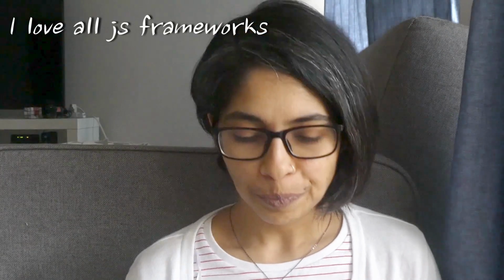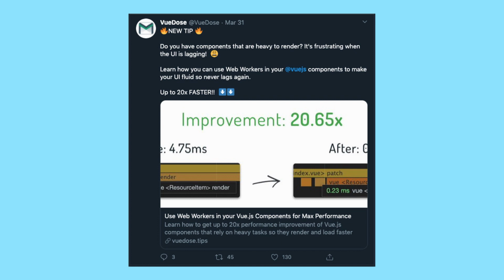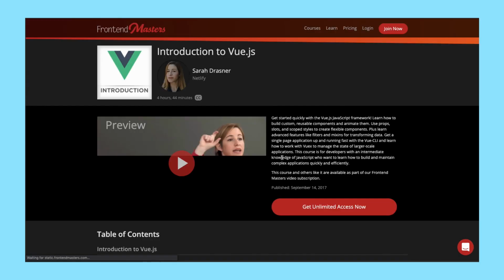So I expected Nuxt.js would be similar, but it would try to do the same thing using Vue.js, and since Vue.js is a framework that I have not used until now, it got me a little excited. Vue.js has a really good community behind it. I've heard so much about it. Sarah Drasner always uses it, and I've wanted to try it out. So I thought maybe going with Nuxt.js, which kind of does all the boilerplating for me, and I just have to write some business logic, would be a good platform for me to learn Vue.js.